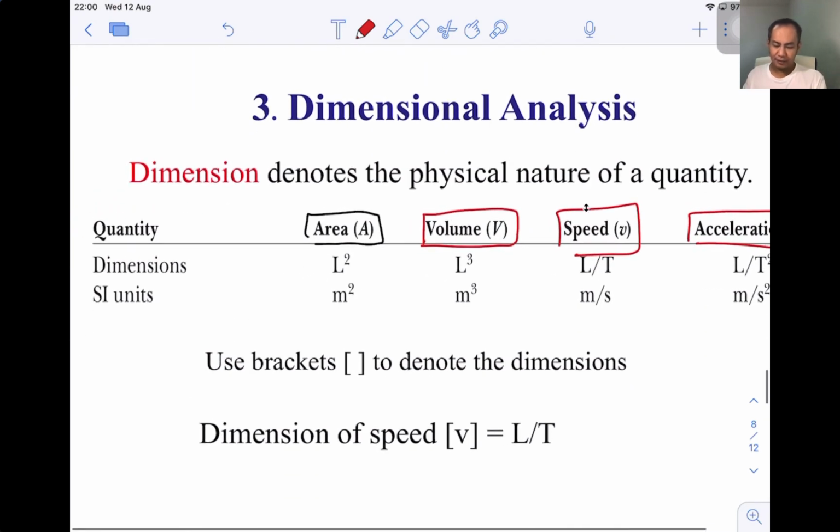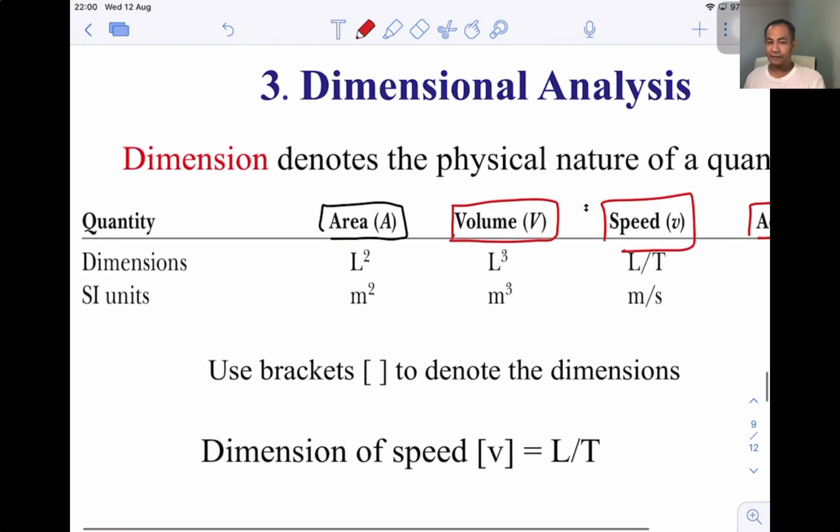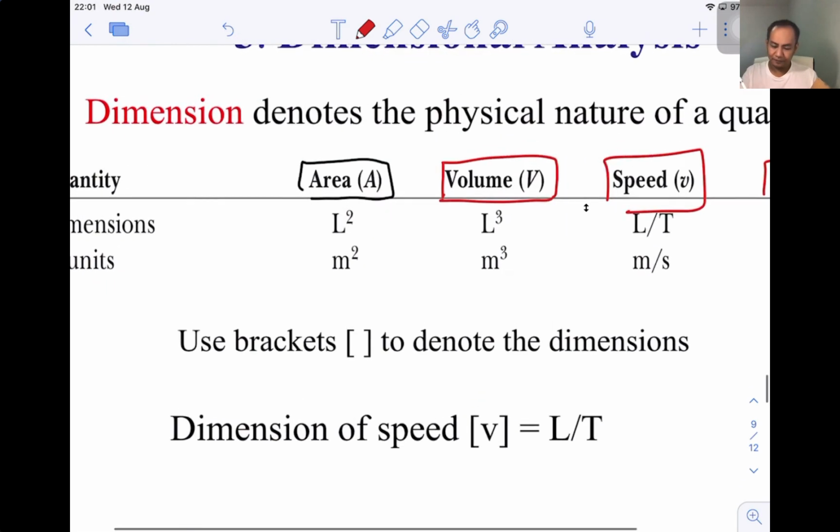Okay, let's talk about the area first. The area, you're familiar with it, right? Like the area of your house, or the area of a small object like this. You have the area. The unit of the area is maybe meter square. Okay, the meter square, because when you try to